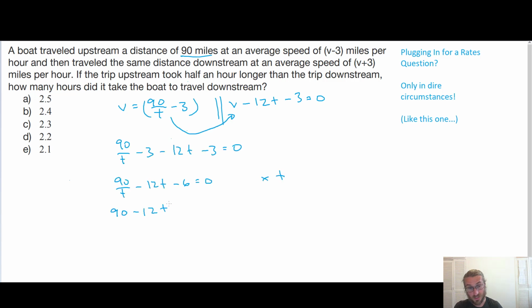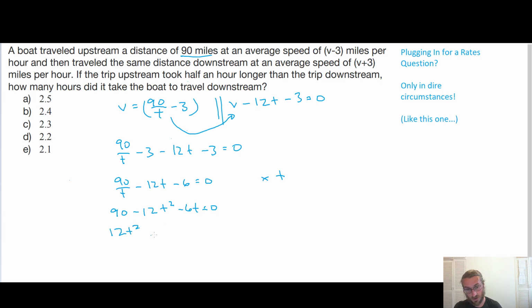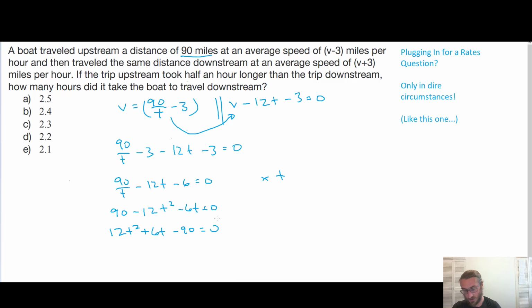90 minus 12t squared minus 6t equals 0. So then we'll rearrange it, of course, to make it simpler. Move these guys over to the other side. So that's 12t squared. I'm going to keep it on the left side, but I'll just change the signs. 12t squared plus 6t minus 90 is equal to 0. Obviously, we have some common factors in there, so the easiest thing for us to do probably is just to divide everything by 6. So what we'll do is 15 here plus t, and then 2t squared,